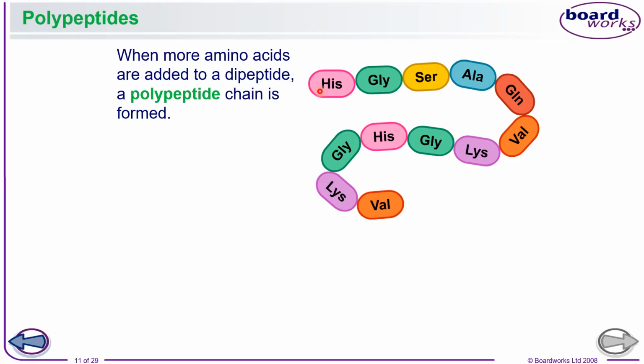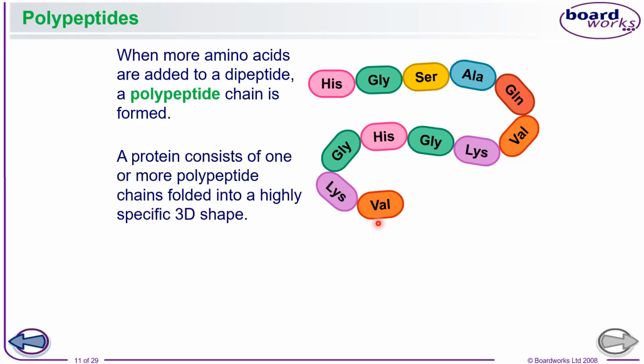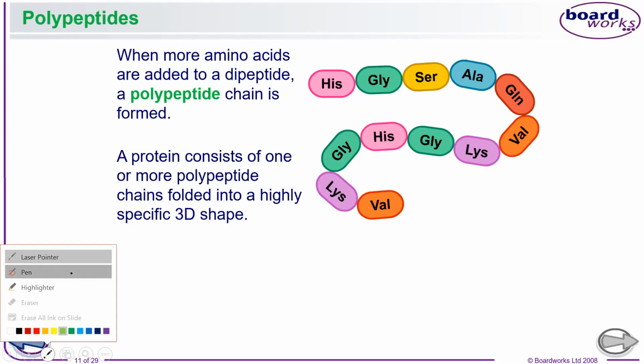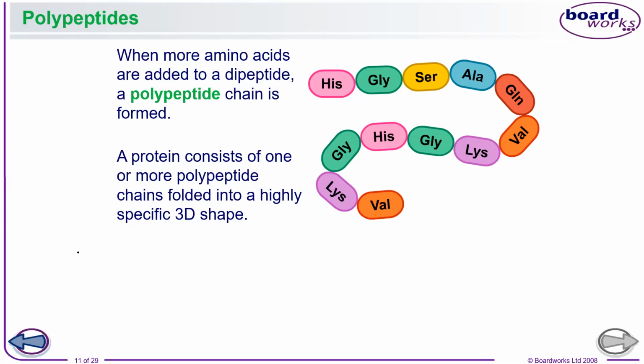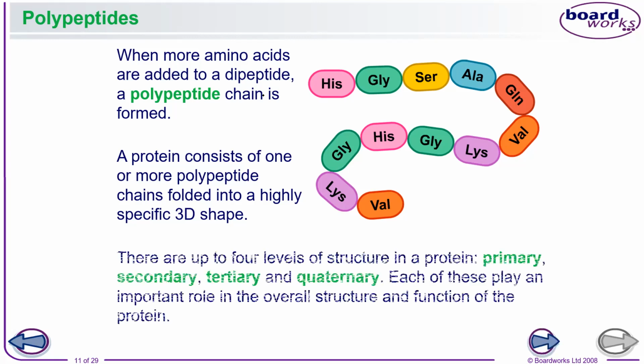If only two join, we call it a dipeptide. But in this case, it is a polypeptide because you have many of those. So this is a polypeptide, or generally, a protein. We start with the primary structure, but then as it gets complex, different bonds start to form between them, and it starts to fold. So it starts from a single chain and then it folds, so we will see how it actually happens. So it becomes a 3D shape eventually, right?